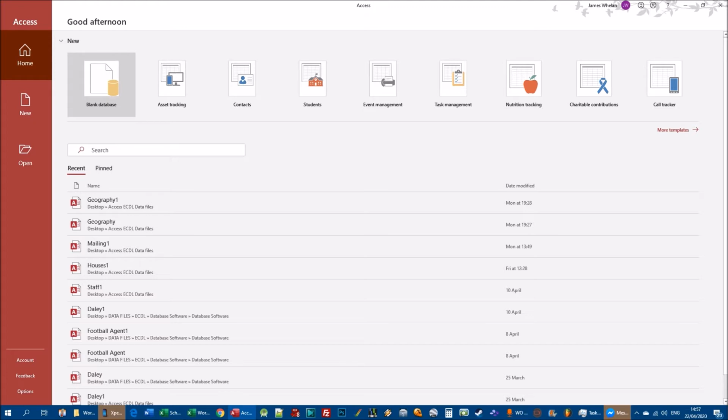We started with tables, the most fundamental object, and then we moved on to queries. And in the previous video we looked at forms, and now finally we're ready to look at reports. So by the end of this video you're going to be able to hopefully create a quick report, modify and delete existing reports, preview and print reports, sort data in a report, group data, perform calculations, and then finally export